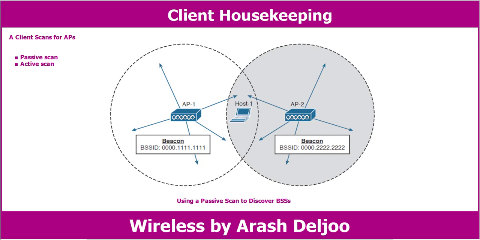In this figure, host 1 is able to receive beacons from AP1 and AP2. The beacon frames specify the BSSIDs and SSIDs that are offered, as well as supported data rates and other information about their BSS. As you can see, AP1 broadcasts its beacon including the BSSID of AP1, and AP2 also broadcasts its beacon with a unique BSSID. And in the beacon we have some other information, like the SSID and the data rate that each